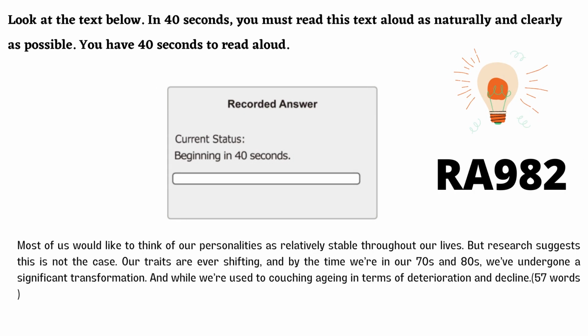Most of us would like to think of our personalities as relatively stable throughout our lives. But research suggests this is not the case. Our traits are ever shifting, and by the time we're in our 70s and 80s, we've undergone a significant transformation. And while we're used to couching aging in terms of deterioration and decline,